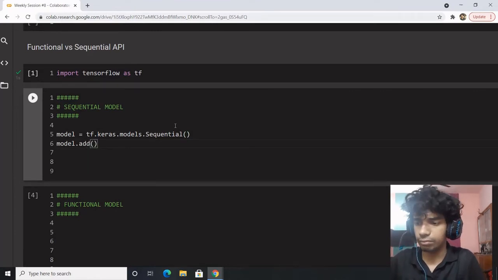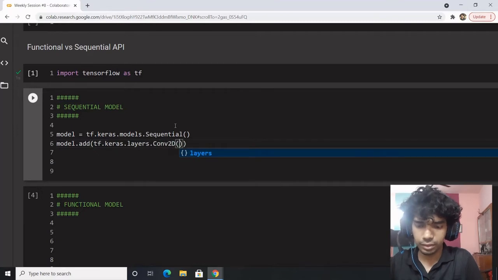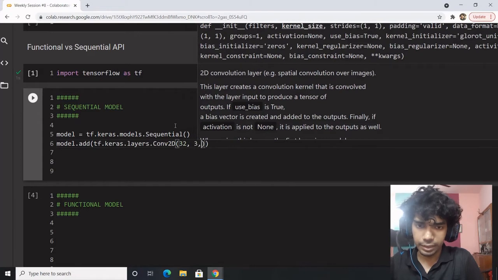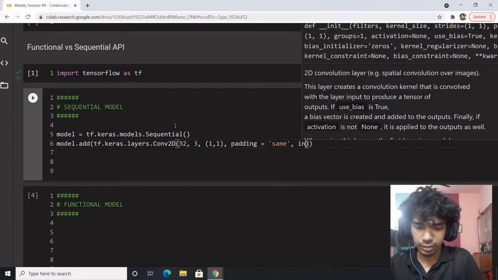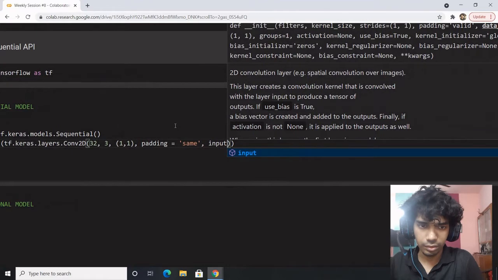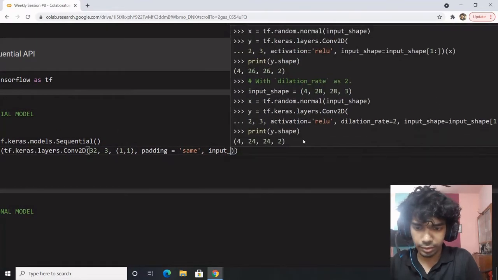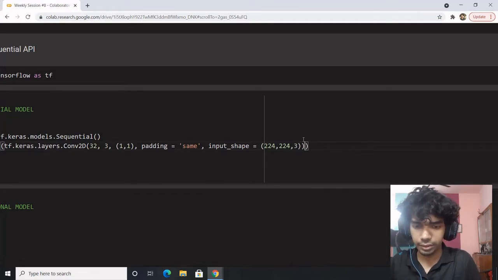Let's say I want to define Conv2D layers, tf.keras.layers.Conv2D, with 32 filters, kernel size 3, strides 1,1, padding equal to same, and input shape, let's say, 224, 224, 3.